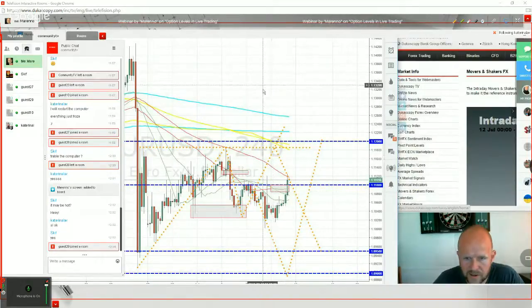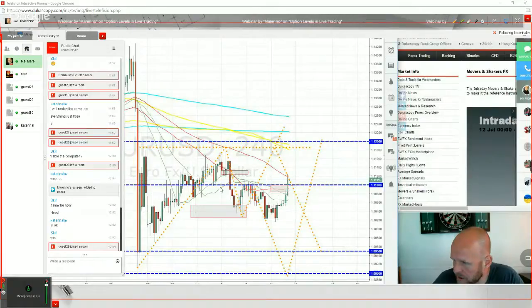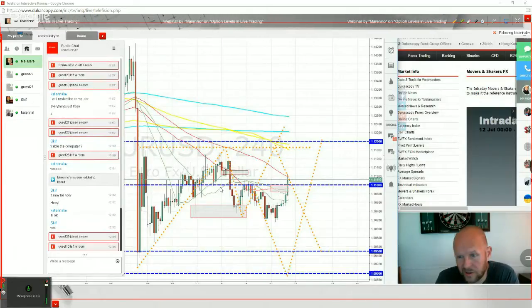So basically just follow Marenno on the blog at Dukascopy and you'll be able to find all the possible option levels in numbers, with volume and open interest, because it takes a lot to put them all on a chart. You can find it there, and you can use them